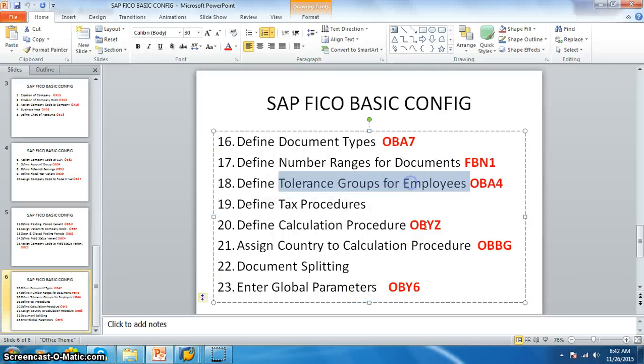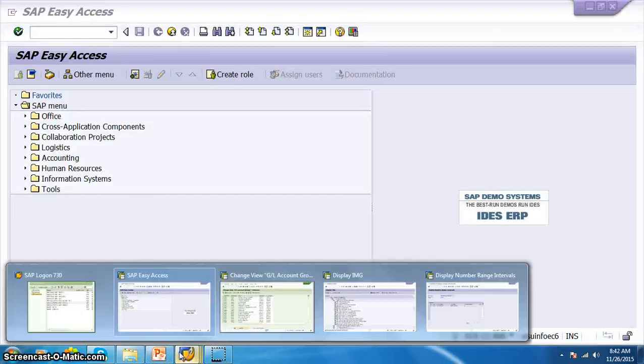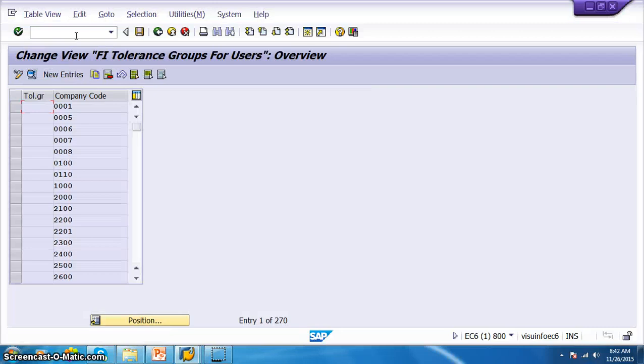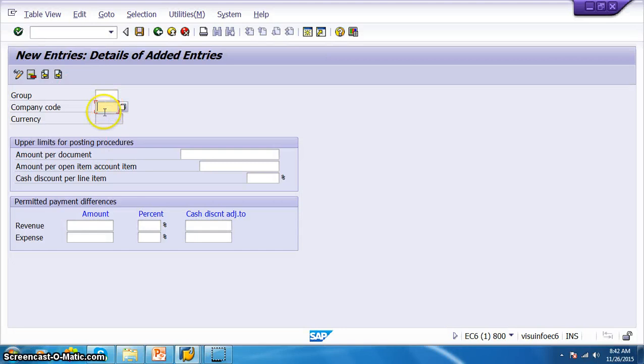Tolerance groups for employees is our next step, OBA4. And for that as well we'll have the path. OBA4 is what I'm going to go into now, and in this we are going to create new entries, and here we would keep the group blank, because we want to allow it for any groups.